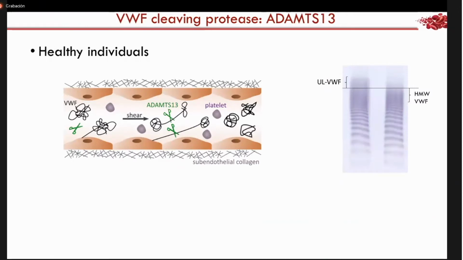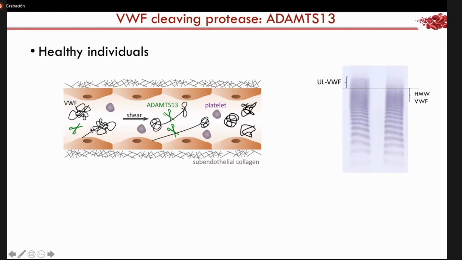So now, what causes TTP? TTP is caused by a defect in the VWF cleaving protease ADAMTS13. Here we look at a diagram of a blood vessel in a healthy individual. You can see that the endothelial cells line the vessel wall in our circulation. These endothelial cells produce and secrete the hemostatic protein von Willebrand factor, or VWF. This protein is a multimeric protein. When you analyze it on an agarose gel, you see the dimers, the tetramers, the hexamers, and the octamers, etc.